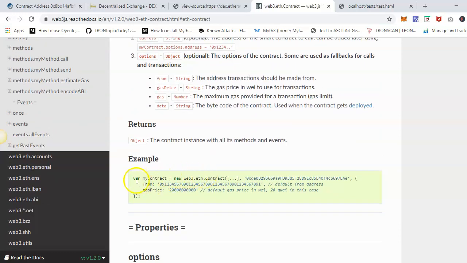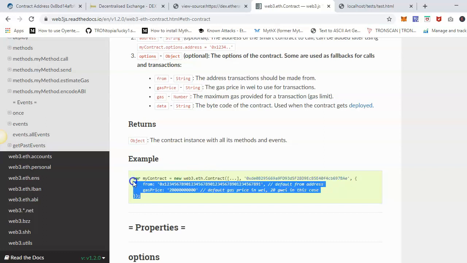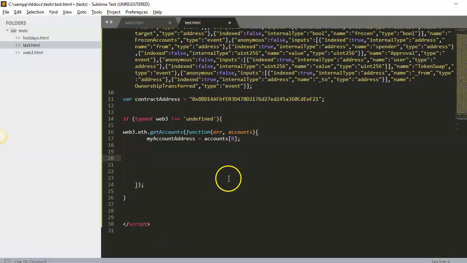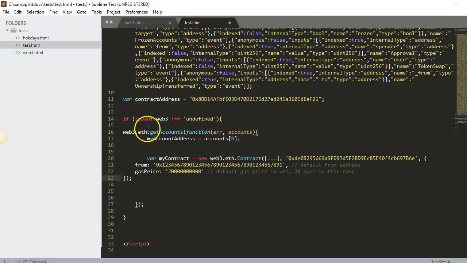Okay, so this is the one to initialize my contract object. Copy this one, use this inside this bracket. We can get it outside by doing async await, but we also can do it this way as well. So in here we are initializing my contract object, and it's calling this function, and here we have to give the array